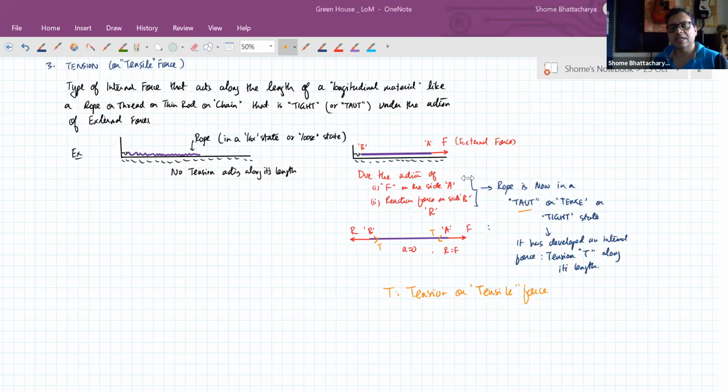Acceleration equal to 0, Harshal. In Newton's laws of motion, it is always about acceleration, because R and F are balancing each other. These are the external forces on the rope. They are balancing each other. So the net force is 0. So the rope is not in a state of motion. Whereas if it was not tied to the hook on the other side, yeah, the evidence is there.